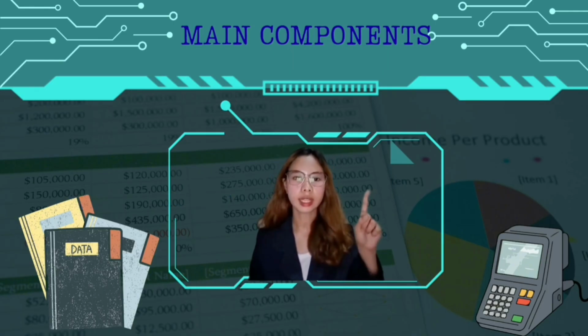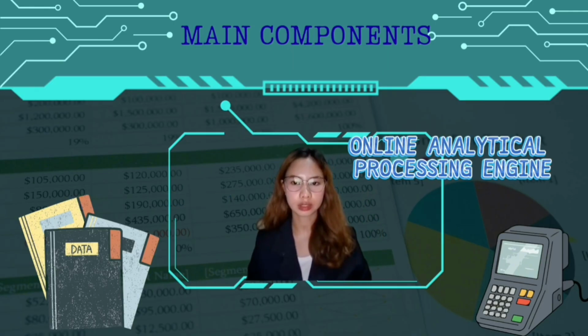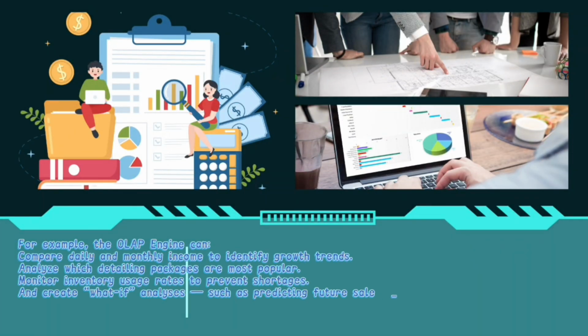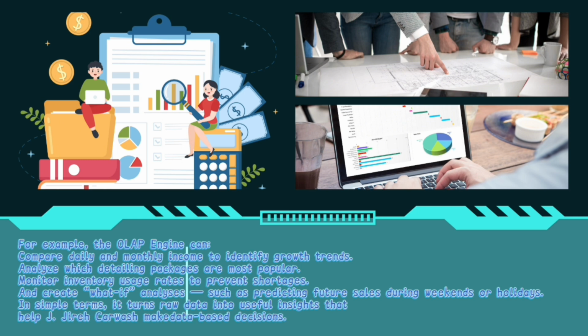And lastly, the online analytical processing engine. These components perform fast and multidimensional analysis of all stored data. For example, the online analytical processing engine can compare daily and monthly income to identify growth trends, analyze which detailing packages are most popular, monitor inventory usage rate to prevent shortage, and do what-if analysis, such as predicting future sales